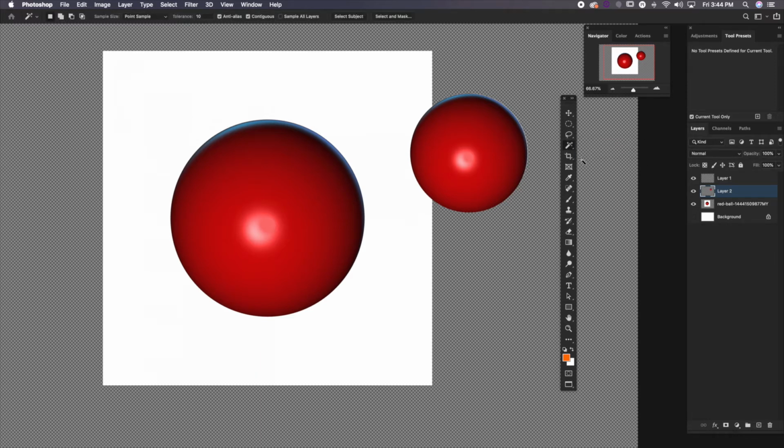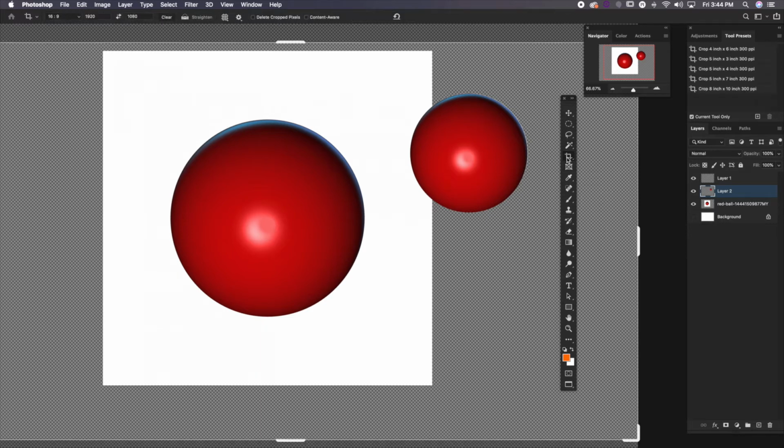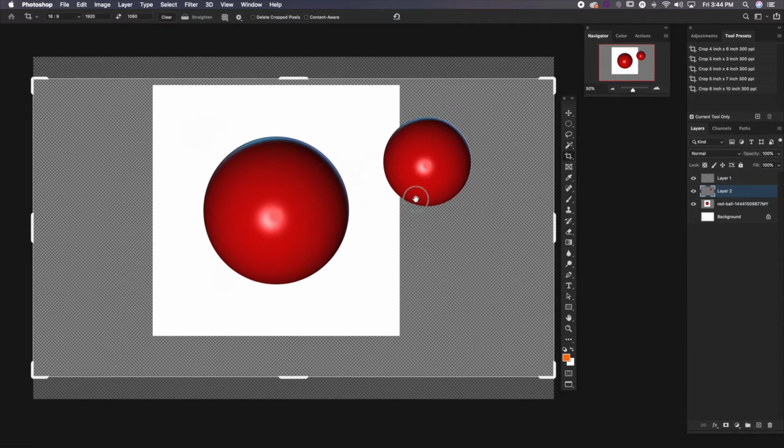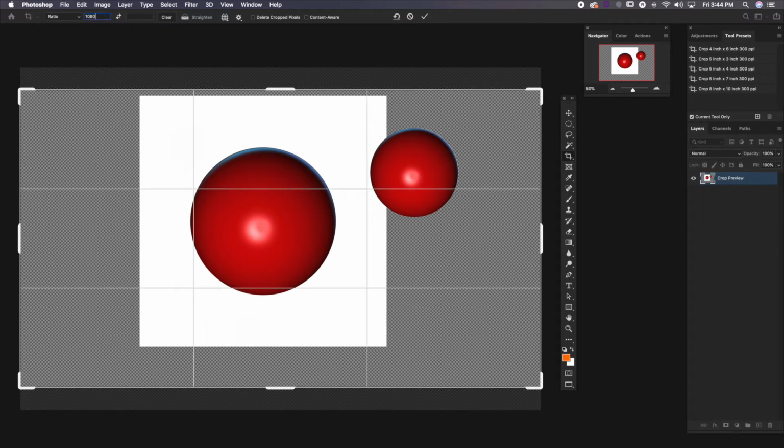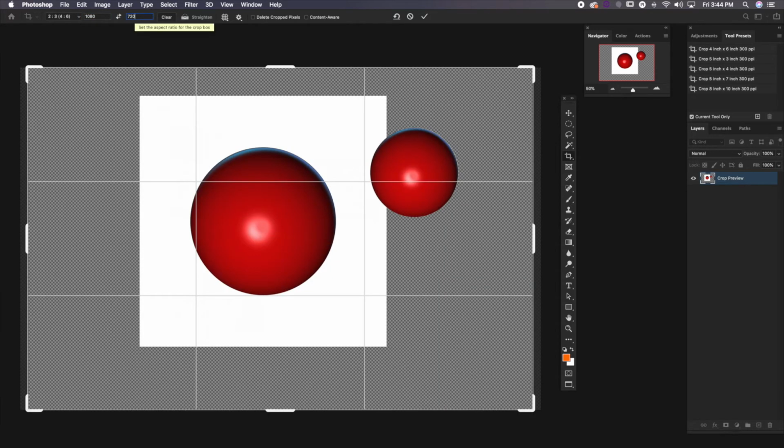All right, next tool, we have the crop tool. Now you guys know what cropping is. Basically, it's selecting your artboard or selecting how you're going to frame your artwork. Now the cool thing about the crop tool is it has presets here on different ratios. You can do square, you can do 4:5, 16:9 is like 1080p, so it's basically like video format. And then you can clear and you can make your own custom stuff. So if I wanted it to be 1080 by 720 or whatever you wanted it to be,